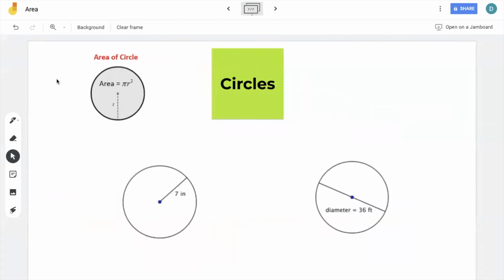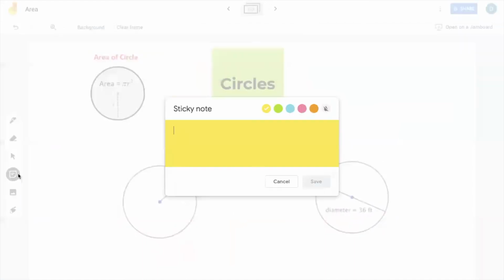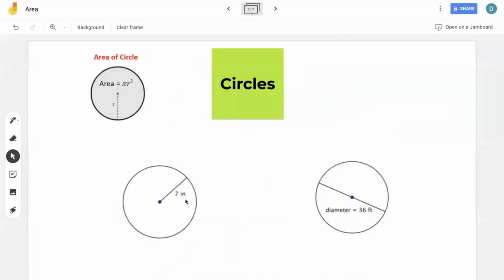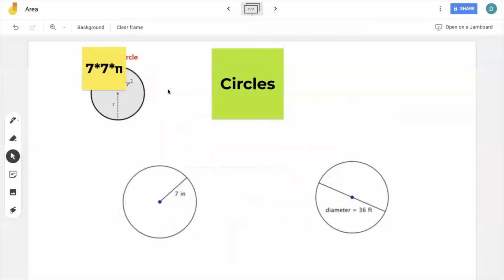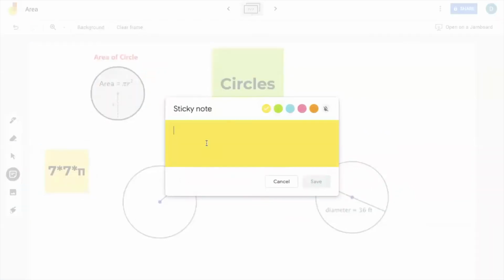Circles, this is the last one here. So the area of a circle is pi times the radius squared. So for this first one, we notice that the radius is 7 inches. So we'll just do 7 times 7, because that's 7 squared, times pi. Now that is equal to 49 pi